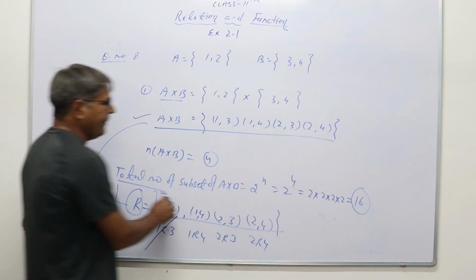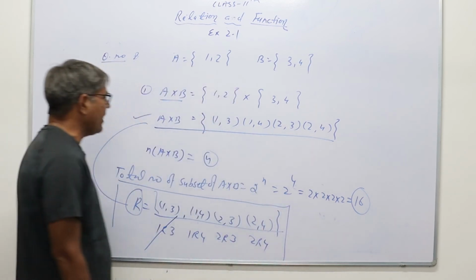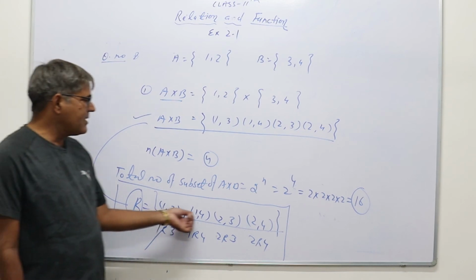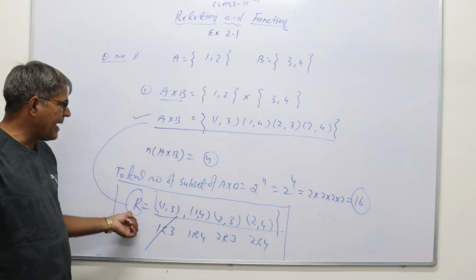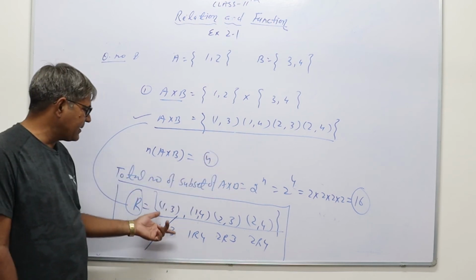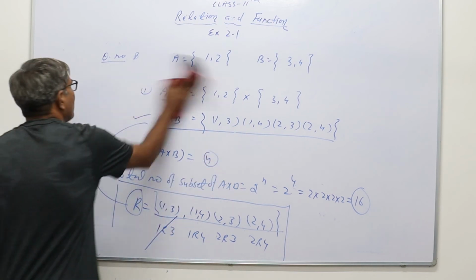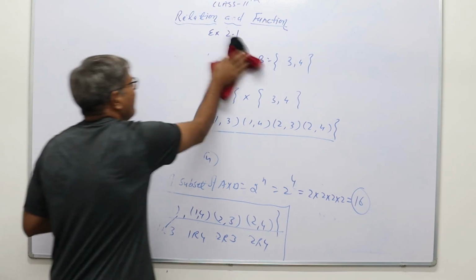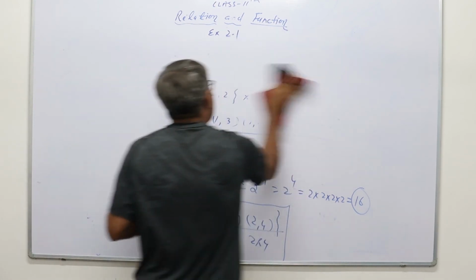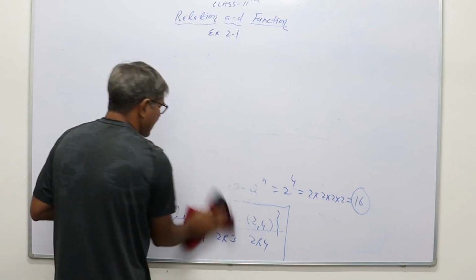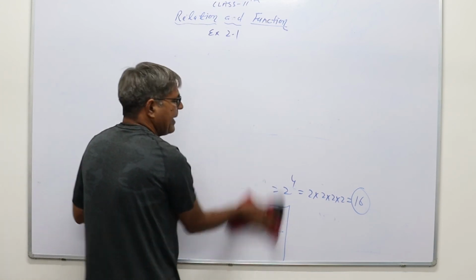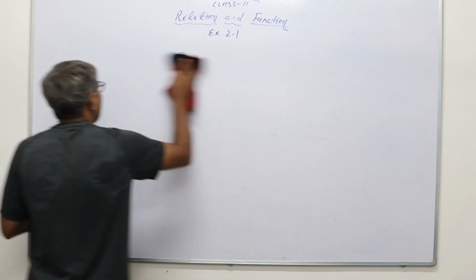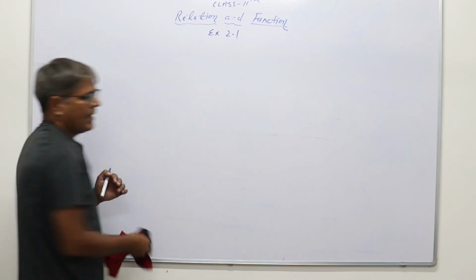So this extra thing I explained in this question, that whenever A cross B is given and we have to write the relation as ordered pair, then we will write at the place of A cross B equals to capital R, and the relation as ordered pair will be explained as it is. So this is the question number 8, where we first find the Cartesian product of the given sets and then how many subsets of A cross B, that we have calculated with the formula of 2 raised to the power n, where n is the number of elements in the Cartesian product.